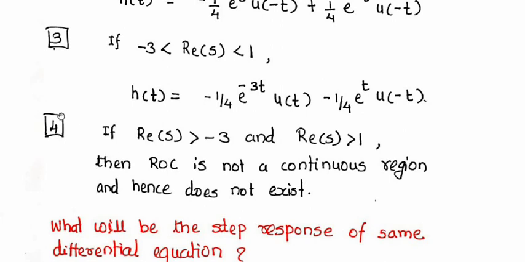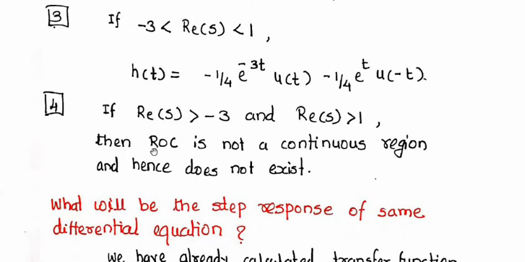And there is another possibility where the real part of s is greater than minus 3 and the real part of s is also greater than 1. But if you see, real part of s greater than minus 3 means this is a left-sided ROC, and greater than 1 means this is a right-sided ROC, and this is not a continuous region. And one of the most important properties of ROC is that the ROC must be a continuous region,